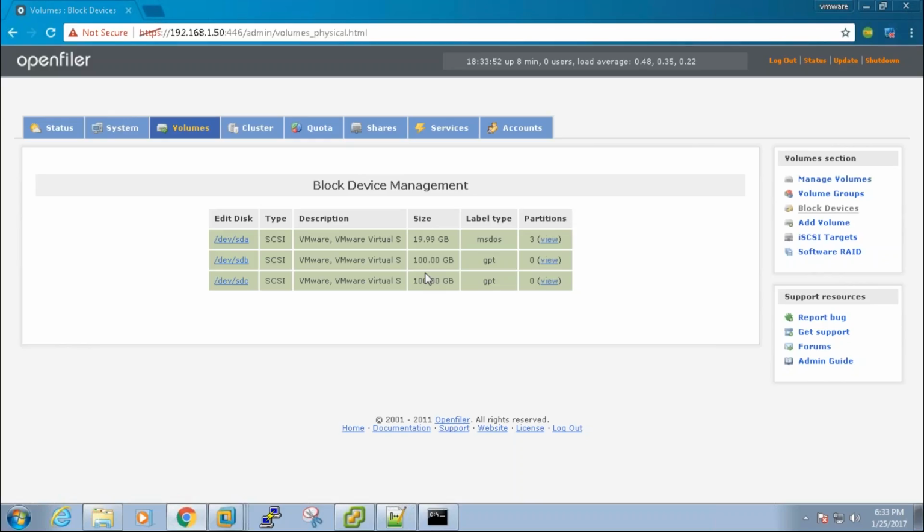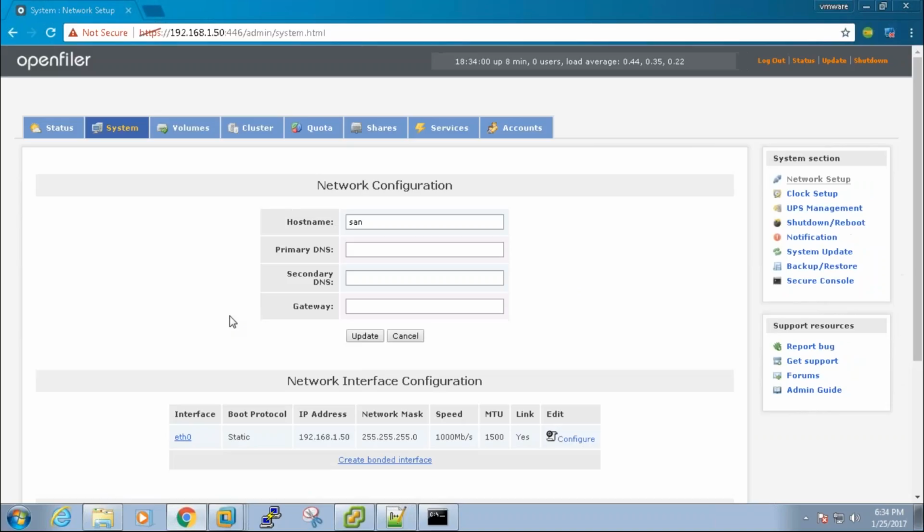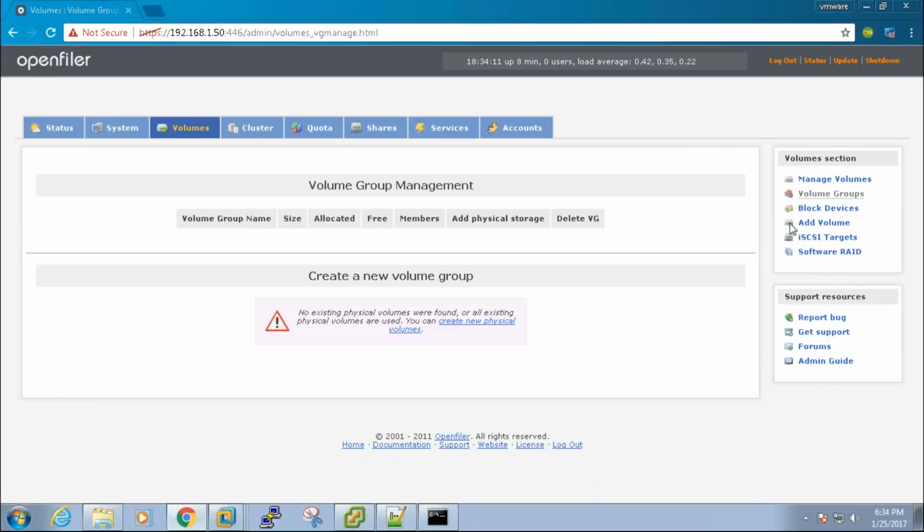Can you hear me? All your servers need to have the static IP, not the dynamic IP. Earlier it was the dynamic IP, so I've changed the dynamic IP to static IP. Basically there are two types of IPs in any environment: static IP and dynamic IP.